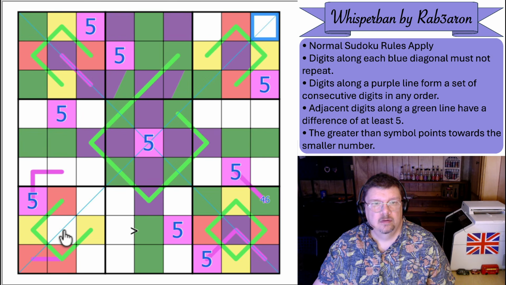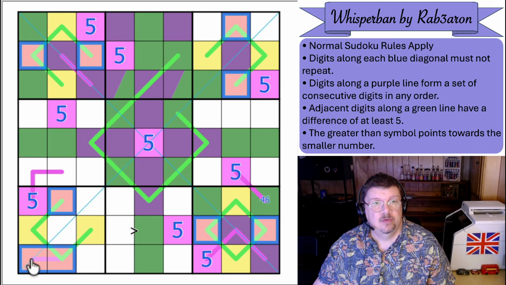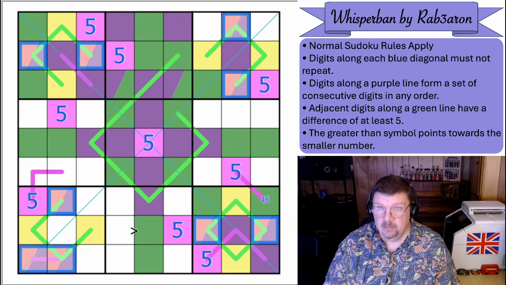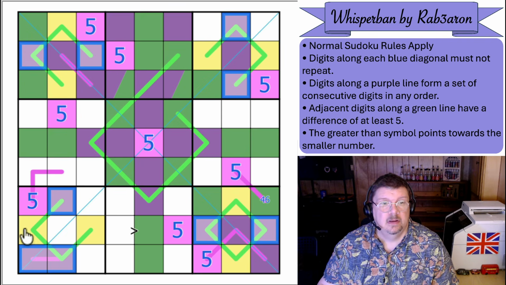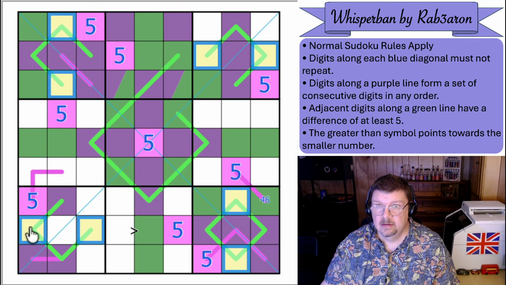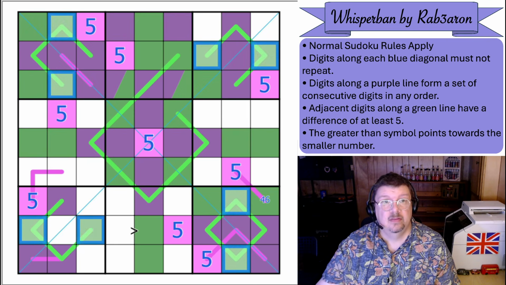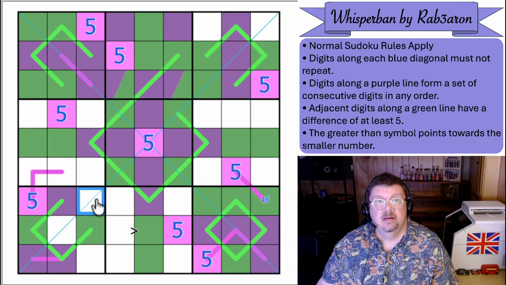All right, what have we got going on down here? We have 3 greens in this column and 2 reds. So green and red cannot be the same. Red must be purple. So let's make those purple. And yellow must be green. So let's make those green. All right. That makes it a little easier to